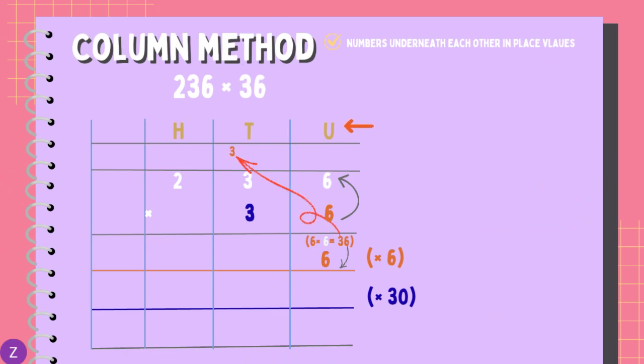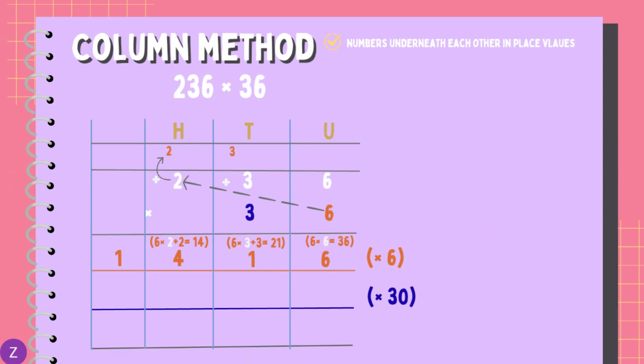Now we need to again multiply the 6 with the next number. So it's 6 times 3. But now that 3 that we carried over, we must plus that 3. So it's 6 times 3 is equal to 18 plus 3 is equal to 21. The 1 goes to the bottom and the 2 is carried over to the next column. We still are busy with the 6. So the 6 times the 2 is now equal to 12, plus the 2 that was carried is now equal to 14. We do not need to carry this 10 because there is no thousands number. We can just write it next to the 4.